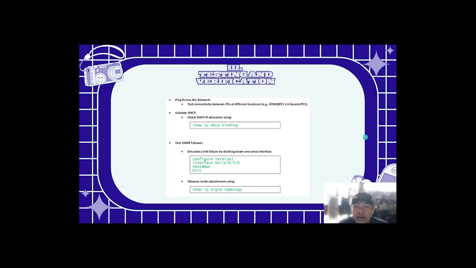For testing and verification, ping across the network, testing connectivity between PCs at different locations, like ECSHQ PC1 to Bacolor PC1. Validate DHCP, check DHCP